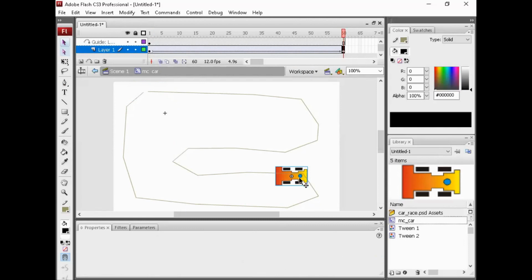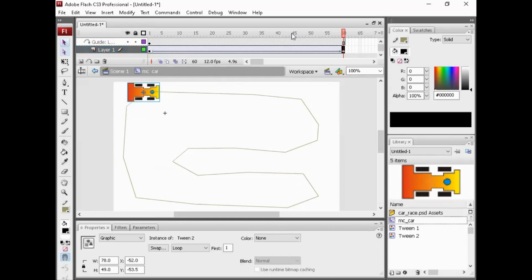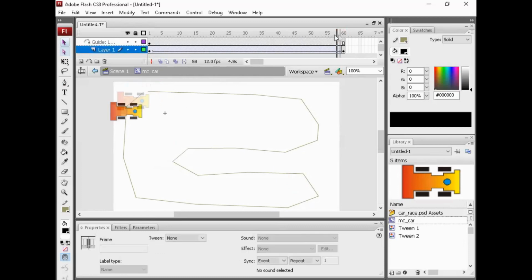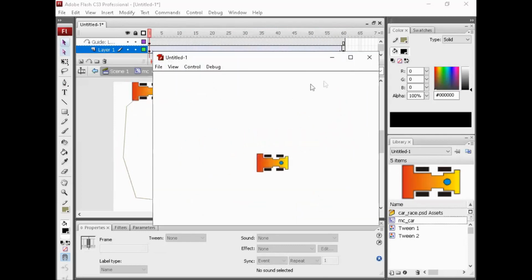Click, hold, and move it to the end of the guideline. That's it. If you run it, you will see like this. We call this animation, but the movement is not clear.